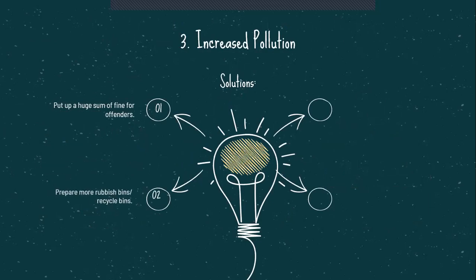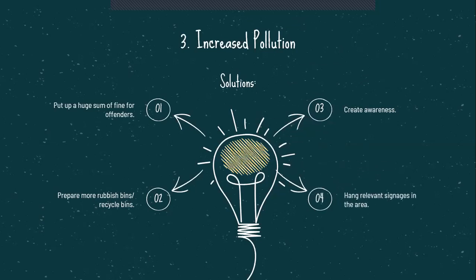Next, the government should prepare more rubbish or recycling bins. Thirdly, we should create awareness among ourselves that littering is not acceptable by using social media because it is the easiest way to get a bigger audience. Last but not least, the government should hang relevant signages everywhere to remind tourists that it is not okay to